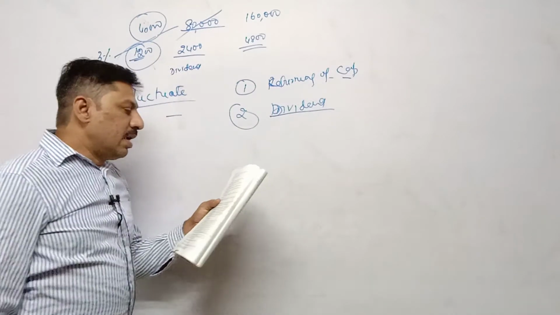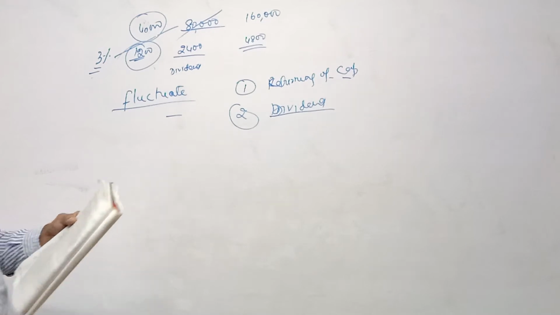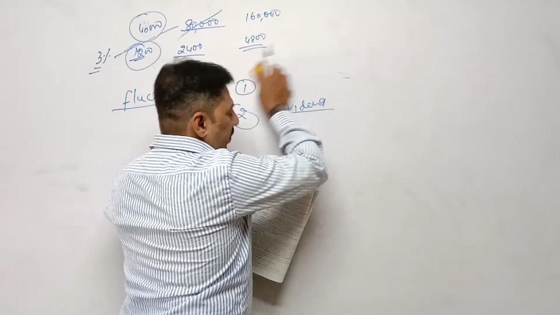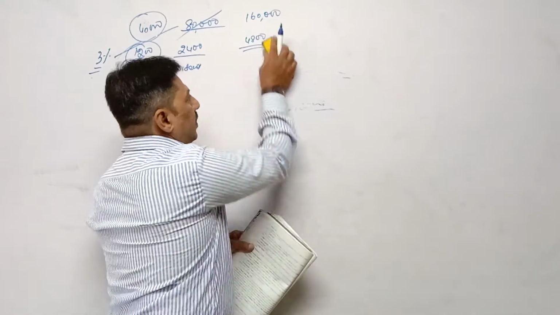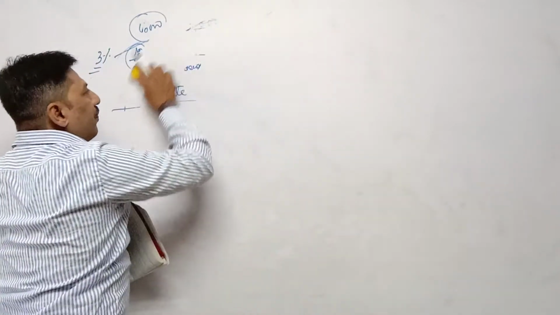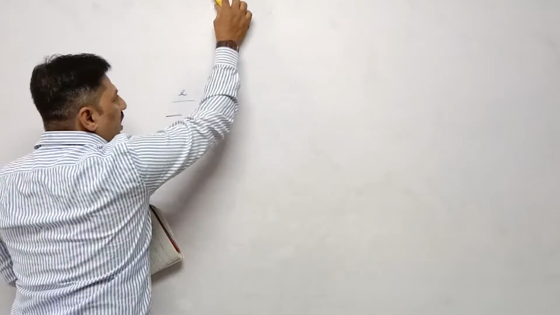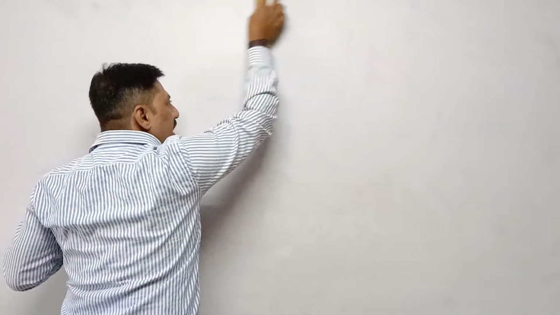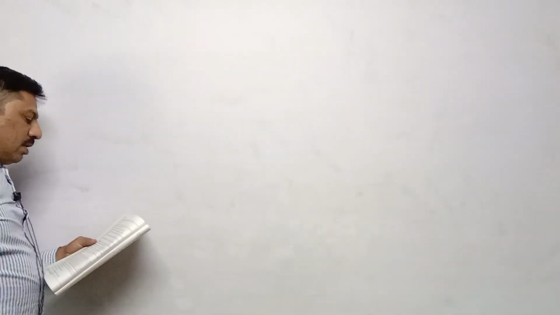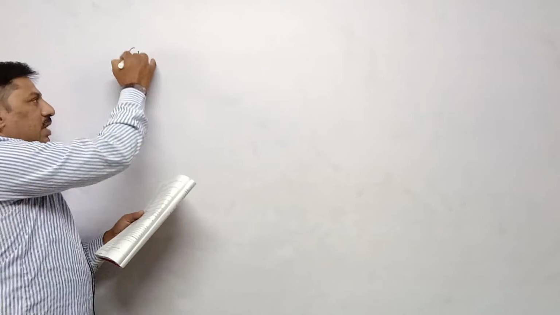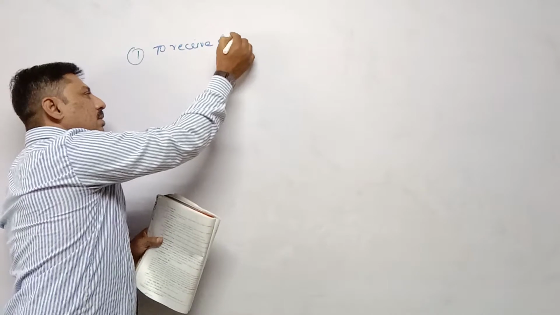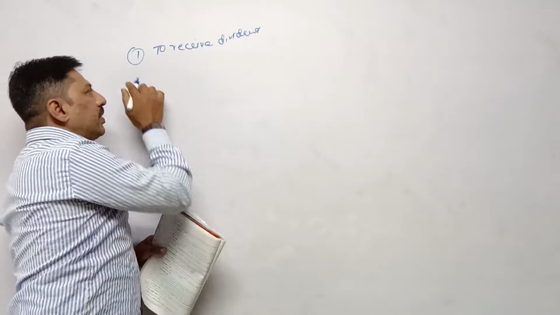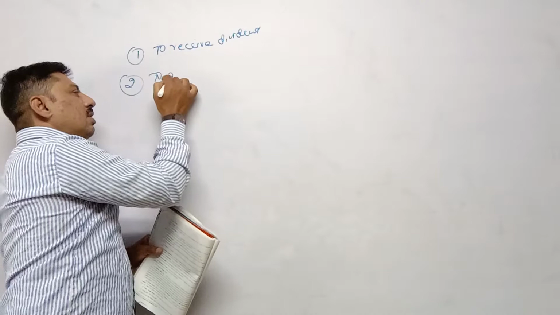Now according to the textbook, the shares having last right to receive dividend as well as capital. So they have last right. First of all, preference shareholders are getting dividend. After that, if profit is left, then out of that left profit, equity shareholders are getting dividend. So the shares having last right to receive dividend, this is about every year, and to receive capital.